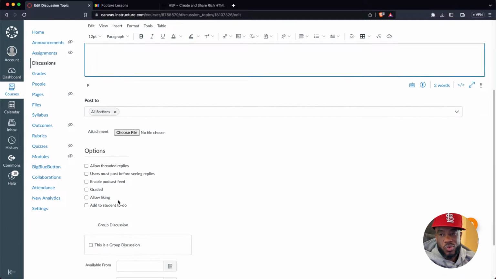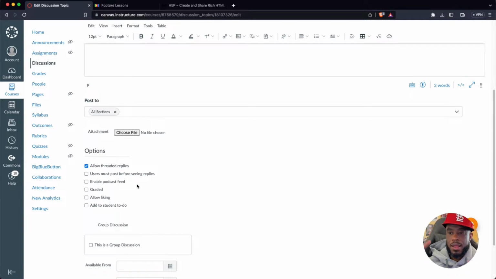This is where you need to really take some time and don't skip this. You always want to allow threaded replies. So a student can have a conversation with another student, and the kind of safety valve here is, if your student information system is feeding Canvas, the first and last names are going to be there. So it's not a situation in which a kid can deny that they are having a conversation with another student.